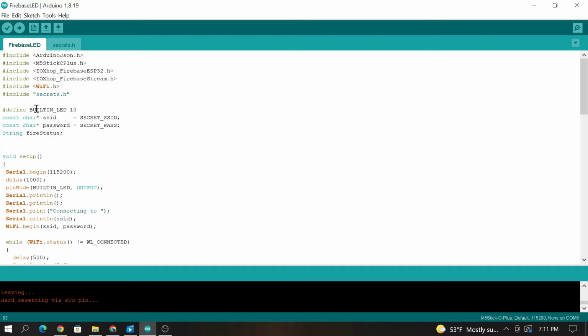So we're using the built-in LED, which is going to be on pin 10 for this. These constant characters. Oh, wait a minute. Sorry about that. Although it works, I do want to clean that up. Okay. So the constant characters here are going to be where the secret, the ID and the password are, basically. And then I have a string called fire status, which is going to be used for the